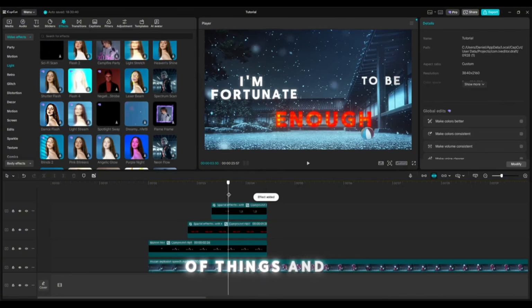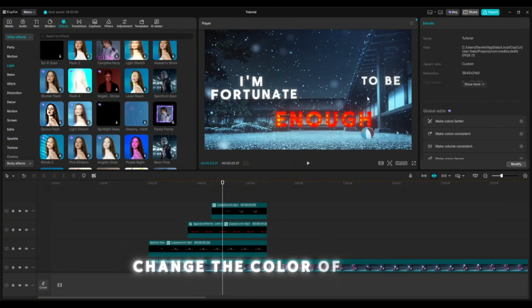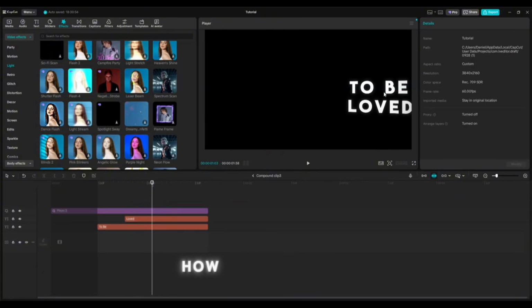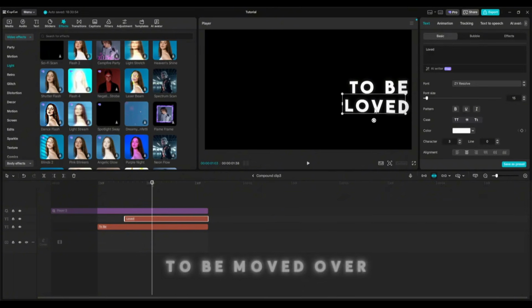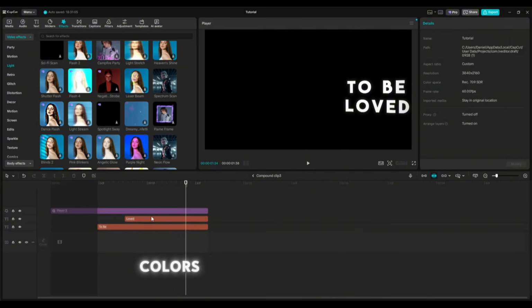It has a lot of things and it looks kind of like it does it. Like I said, the blue doesn't show as well on white, so you'd have to change the color of these. So I'm also going to show you guys real quick how to change the colors of these, and these actually need to be moved over a slight bit, just a tiny bit, but you can change the colors of each